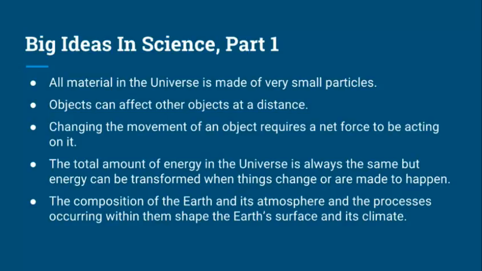All material in the universe is made of very small particles. Objects can affect other objects at a distance. Changing the movement of an object requires a net force to be acting on it. The total amount of energy in the universe is always the same, but energy can be transformed when things change or are made to happen. The composition of the earth and its atmosphere and the processes occurring within them shape the earth's surface and its climate. So just think about those particular five